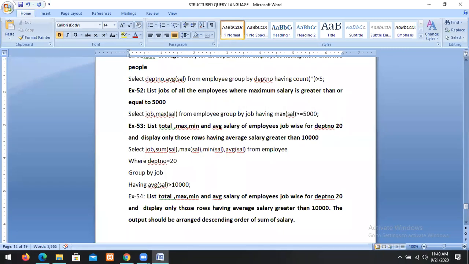Display only rows having average salary greater than 10,000. The output should be arranged in descending order of the sum of salary. So this is my question.